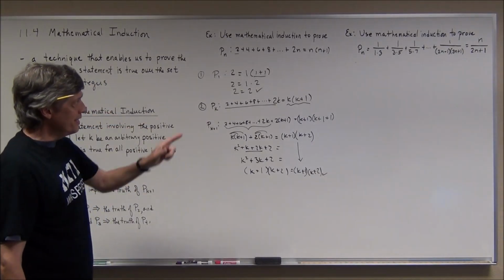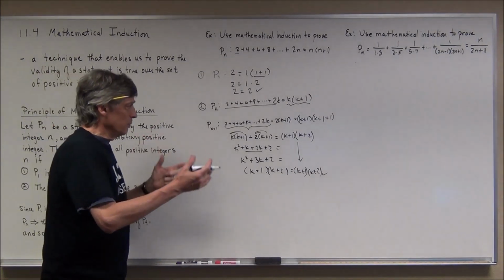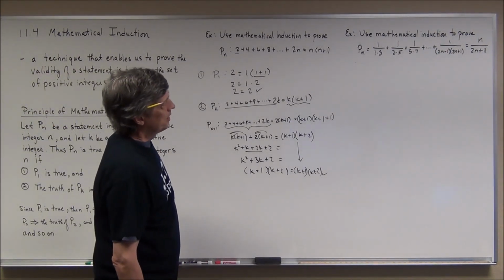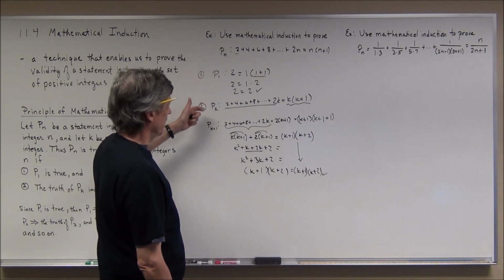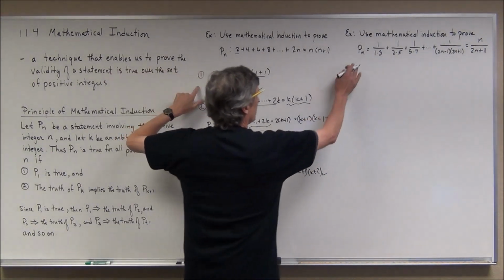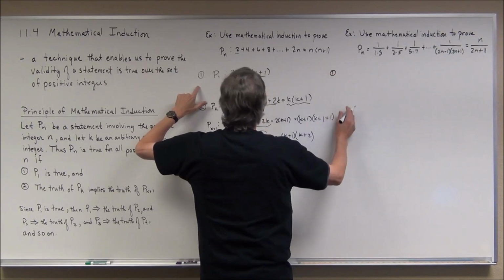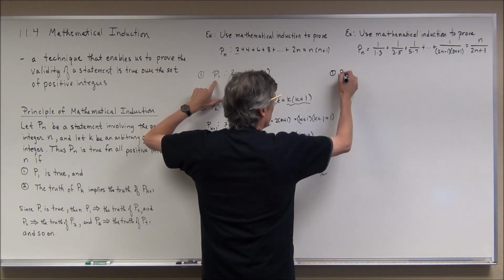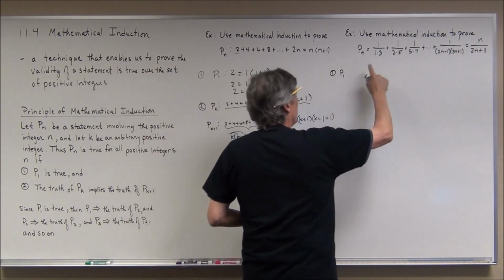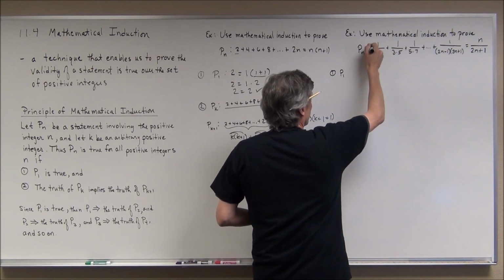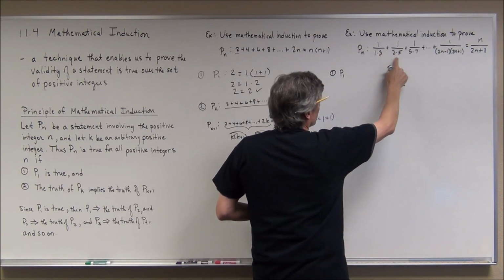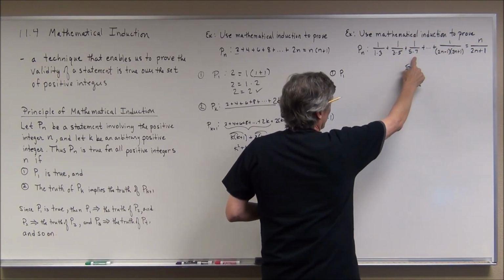Now, the next example is a little bit more involved because it has some rational expressions in there, but we can work this out. We're going to do the same two steps. We'll start over here with the first step, P of 1. Now, P of n over here, we're trying to show that 1 over 1 times 3 plus 1 over 3 times 5 plus 1 over 5 times 7